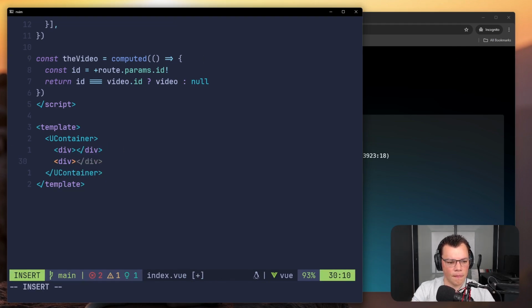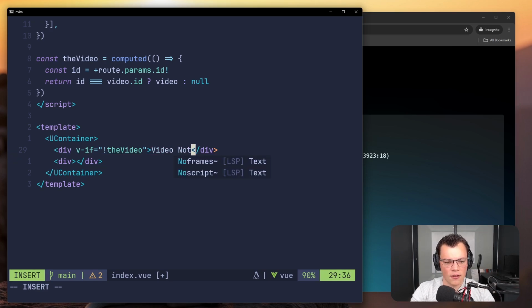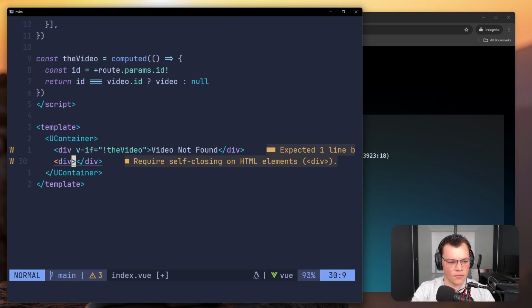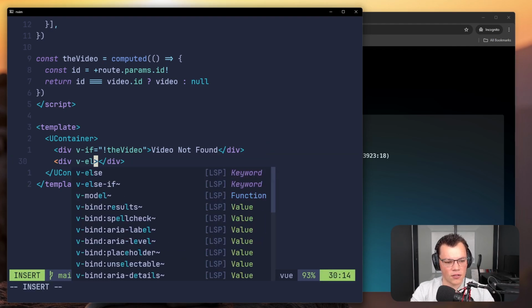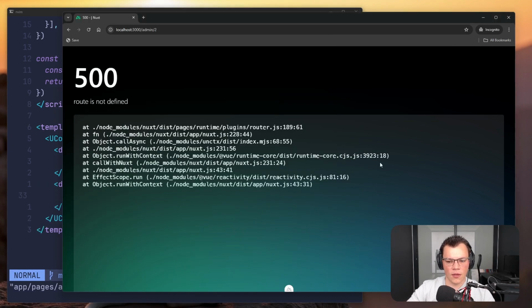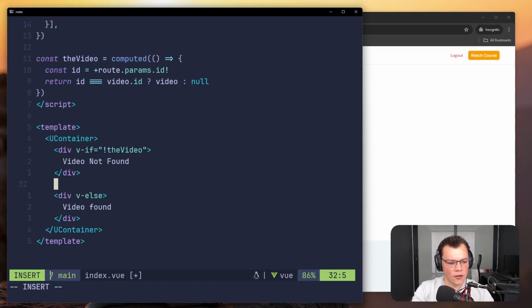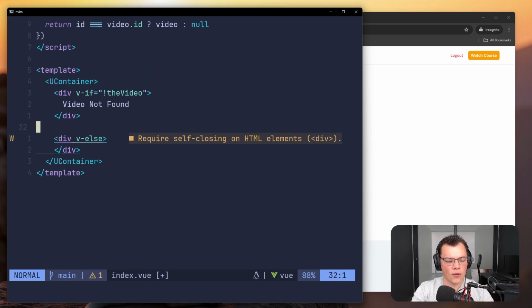and another div. So I'll just say that if there isn't the video, then we'll show that basically video not found, and we'll update all of this. It's just basically so that we remember to do that. We're adding these, but as soon as we work with real data, then we can do that. So let's do reload. So video not found for 2 and video found for 1. Great. So now we know that this is the block that we can work in to actually access our video